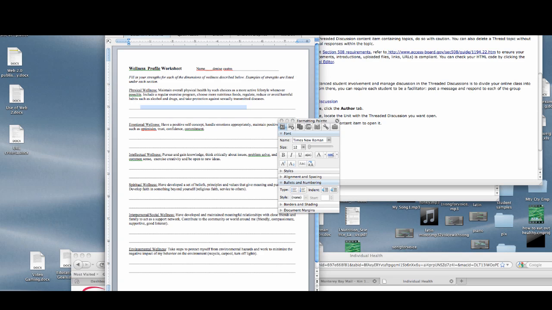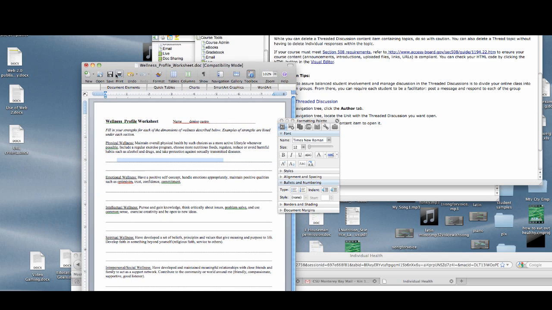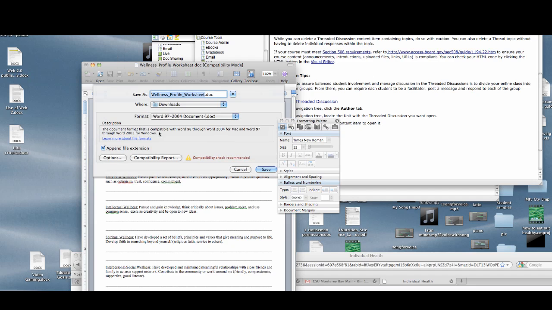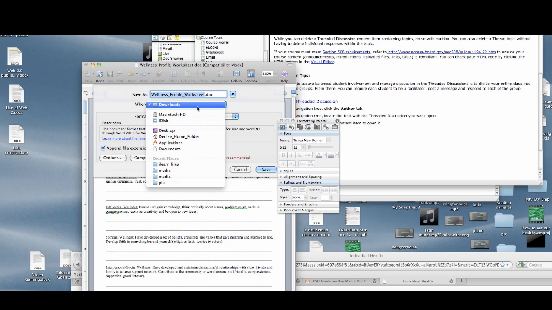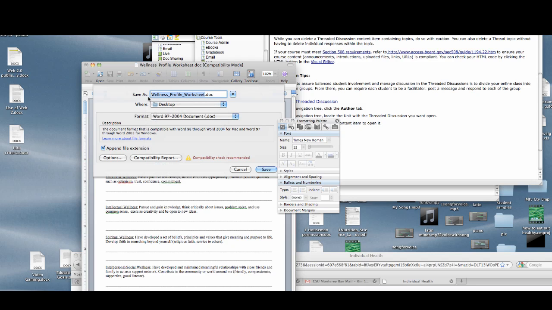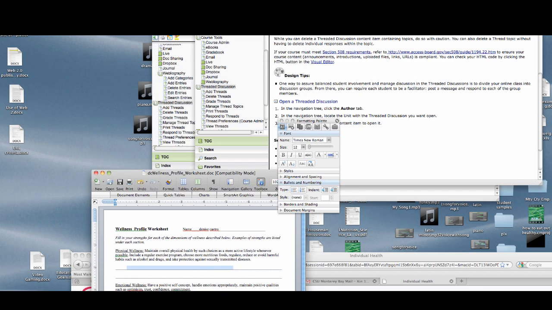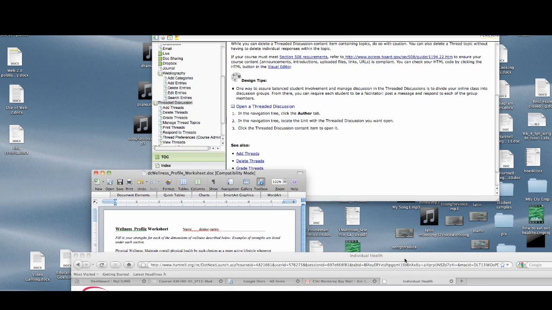So save it in the same format, okay? File, save as, and keep it in the same format. Right now it's a document, and put it on your desktop. It would be nice if you put your name in it, so your initials, and so forth. Save, and then once it's saved on your desktop, you're going to upload it back into the class,